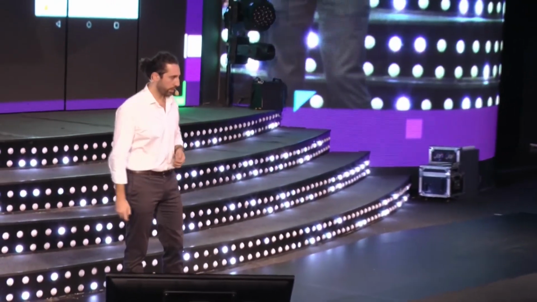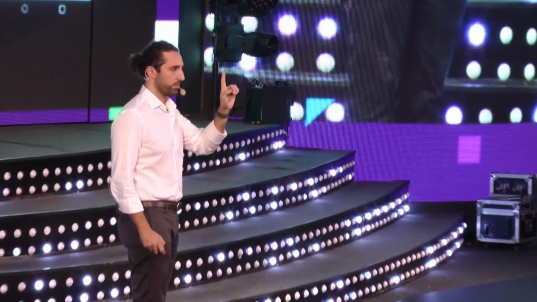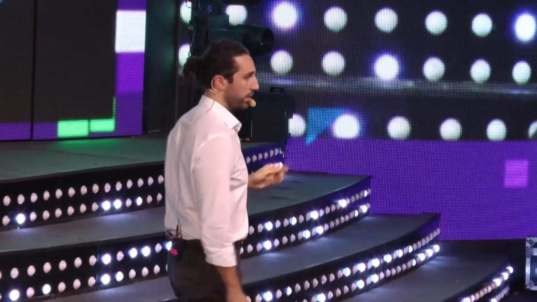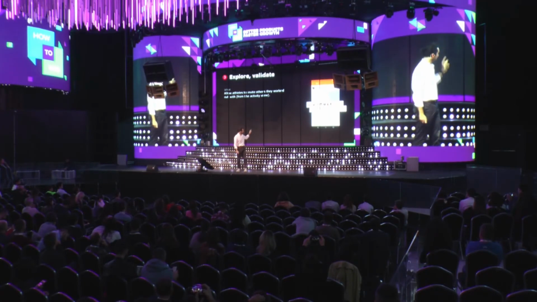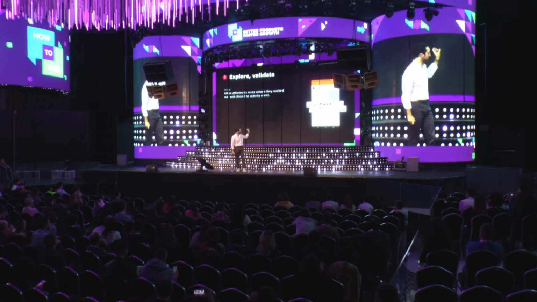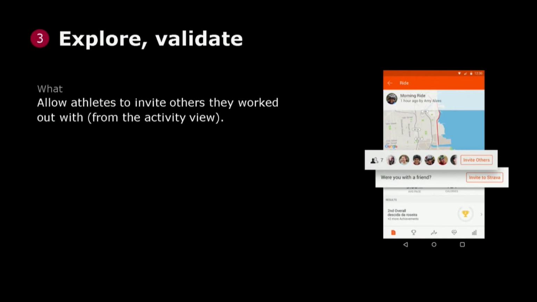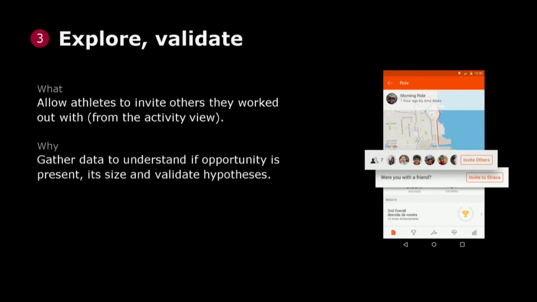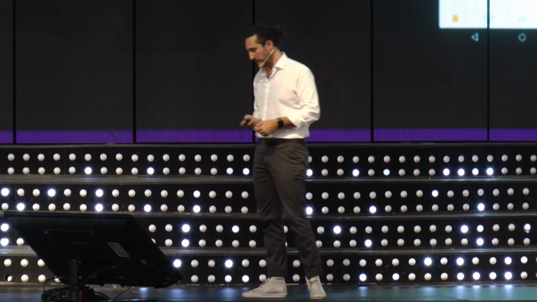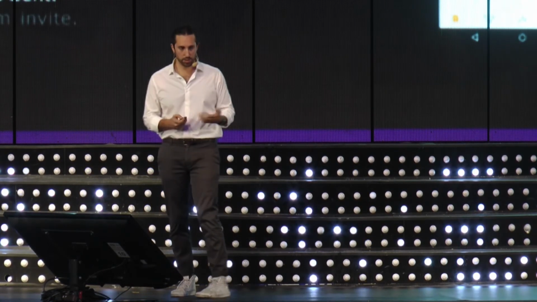So what we did in the explore phase, on one platform, Android, we built a fake door test on the activity detail. I'm sorry you can't read that, but it says, invite others. We built this test, and what we wanted to learn was, is there opportunity here? Is what we're seeing from a qualitative perspective, speaking to our users, are they showing us the same behavior in the data? If we prompt someone to invite someone else that they were on with that activity, will they actually do it? And what we were measuring here was naturally the volume of outbound invites from the existing athletes, but